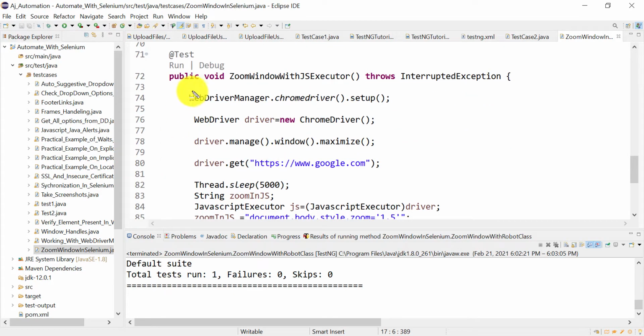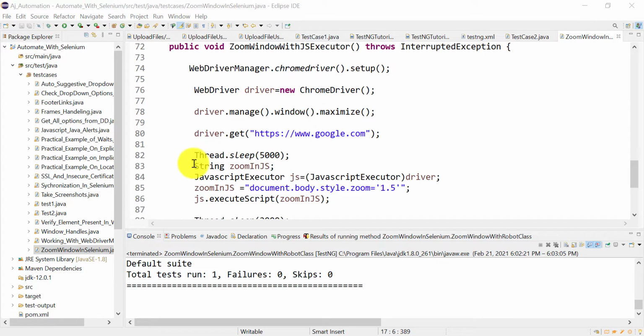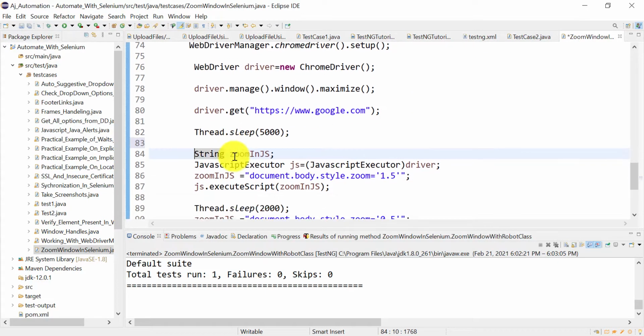Okay, so we will set up our Chrome driver, then we are creating the WebDriver reference Chrome driver object. So we will maximize the window, it will go to google.com. Then after waiting 5 seconds, what we have to do is you need to first create the script that you need to execute. So in JavaScript executor, first what you have to do is you need to cast your driver